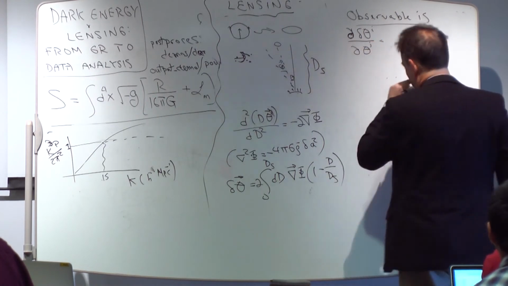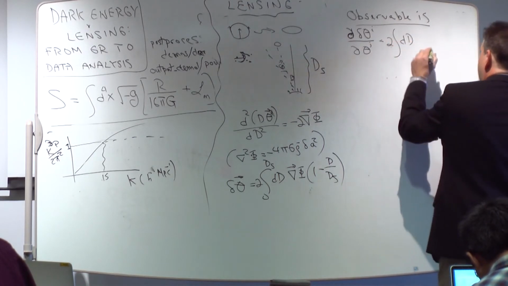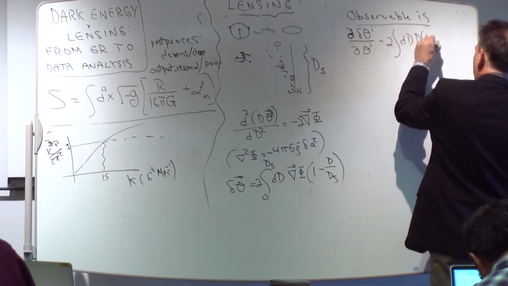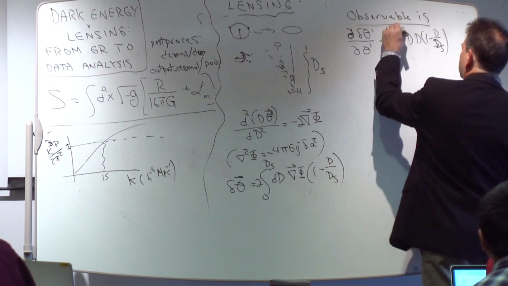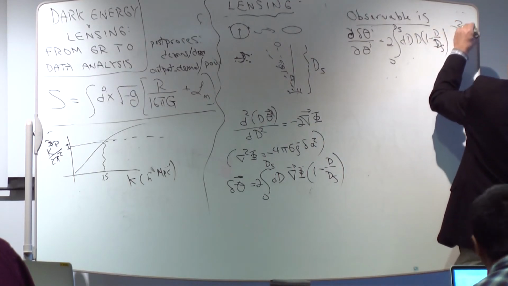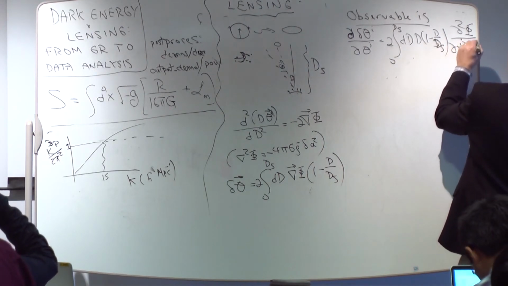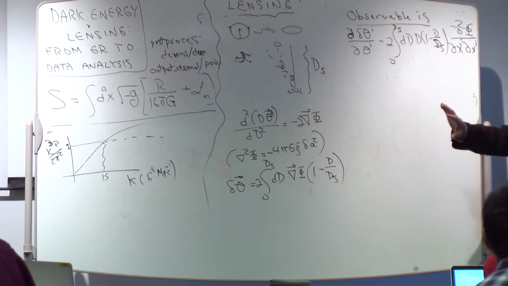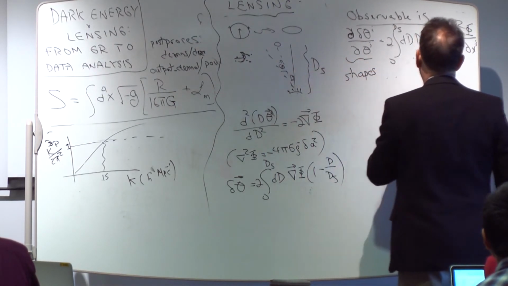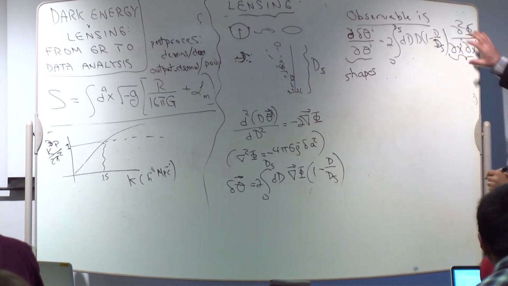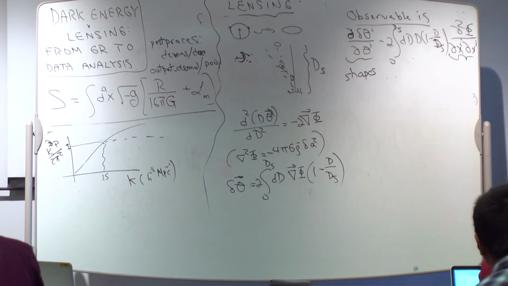And that thing is just equal to, there's probably a 2 again, an integral over distances. And then there's another power of distance, 1 minus d over ds. And then it's the second derivative of the gravitational potential. So that's the bottom line. You measure this thing in terms of shapes of galaxies, and you infer this thing, which is what you want, which is going to give us information about the gravitational potential. Does that make sense?